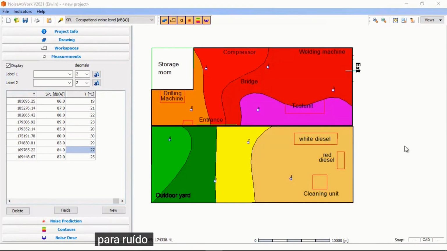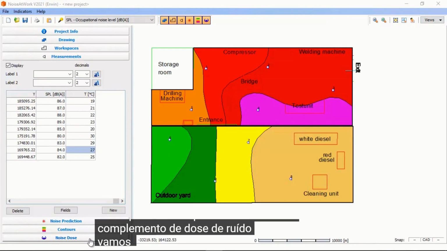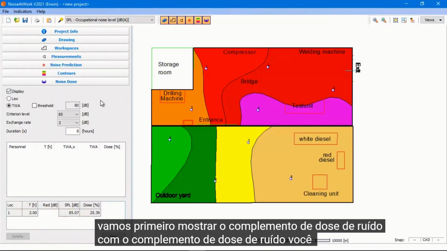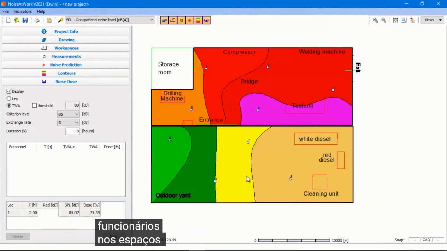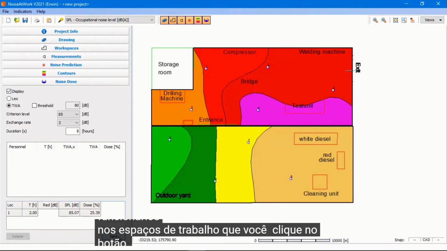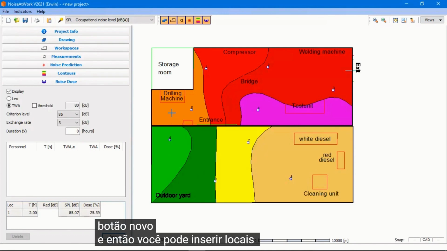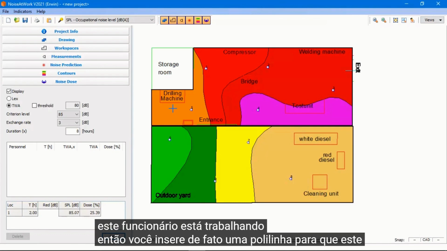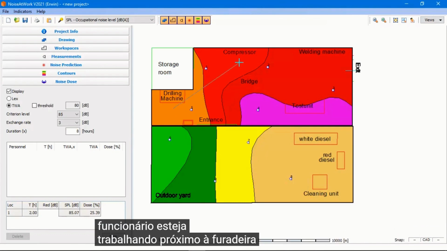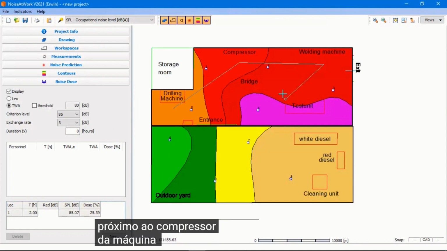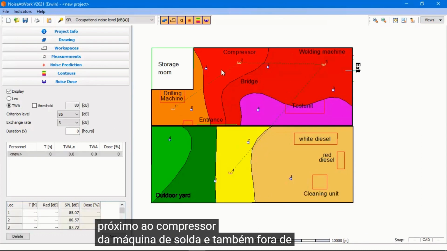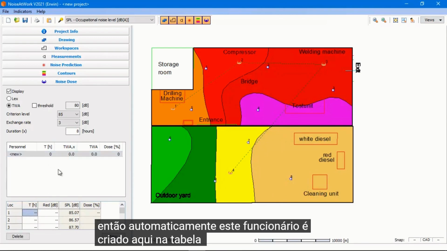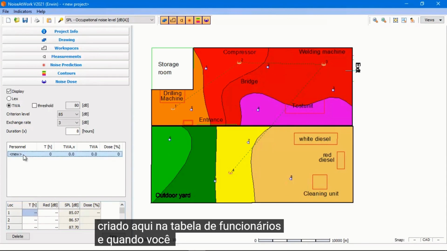Now let's go back to noise, specifically the noise add-ons. Let's first show the noise dose add-on. With the noise dose add-on, you can enter employees in the workspaces. You click on the button New, and then you can enter locations where this employee is working. So you enter in fact a polyline. This employee is working close to the drilling machine, close to the compressor, the welding machine, and also outside. 4 locations. Then automatically this employee is created here in the employee table, and when you select this employee, you